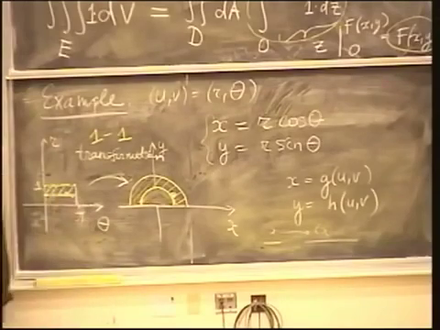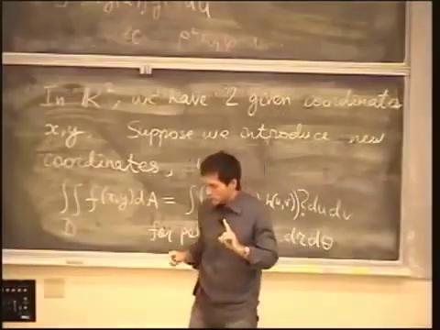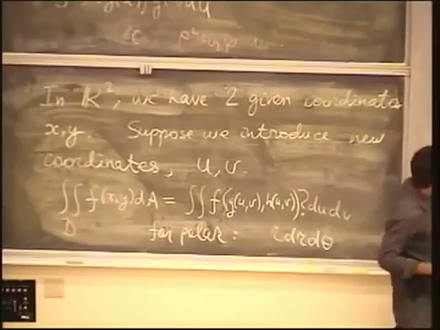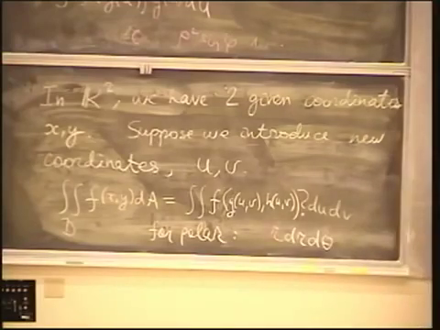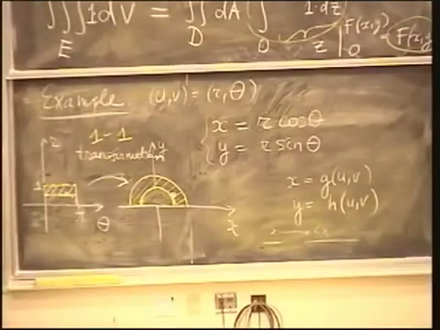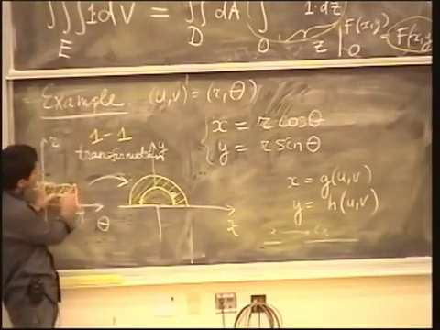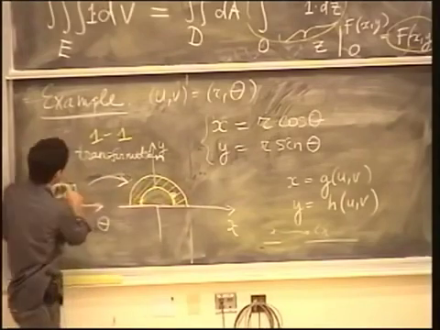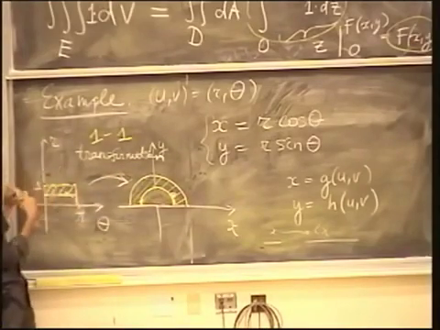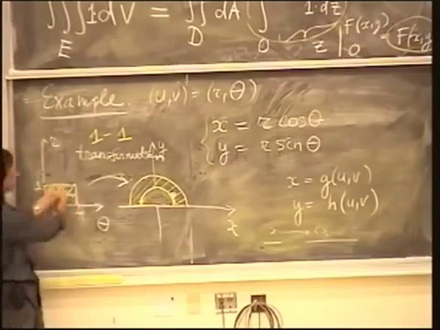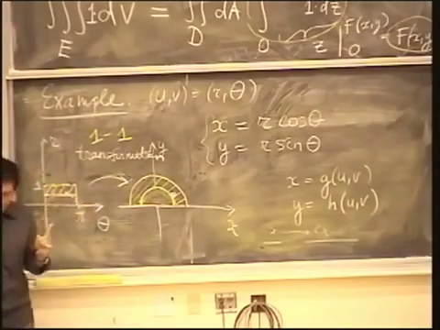This factor is precisely the distortion factor for the area. But it would not be a good idea to measure this area and then measure this area and take the ratio of these two areas. If we chose the function f to be 1, then we would just be calculating the area itself. The true area would be this, and the area which we would naively think is correct in the imaginary r theta coordinate system would be something else, and there would be some distortion factor between them. But that's not a good way to go, because when I make this transformation,